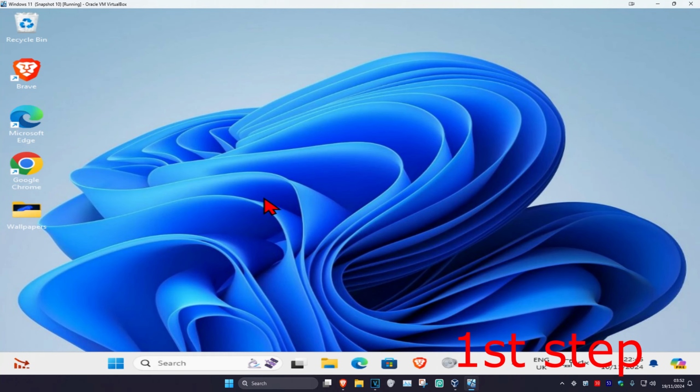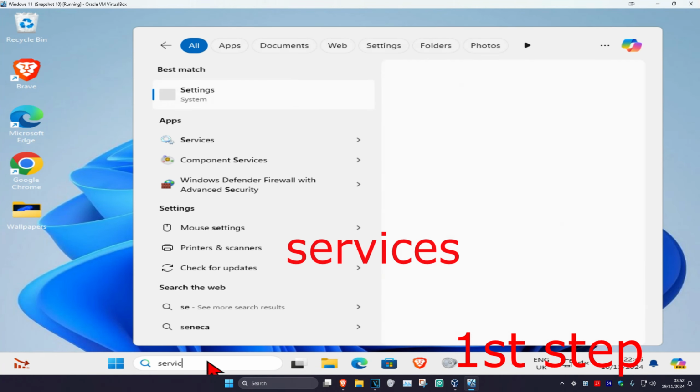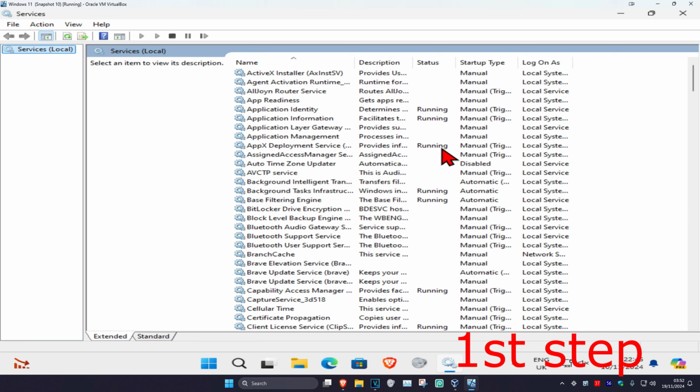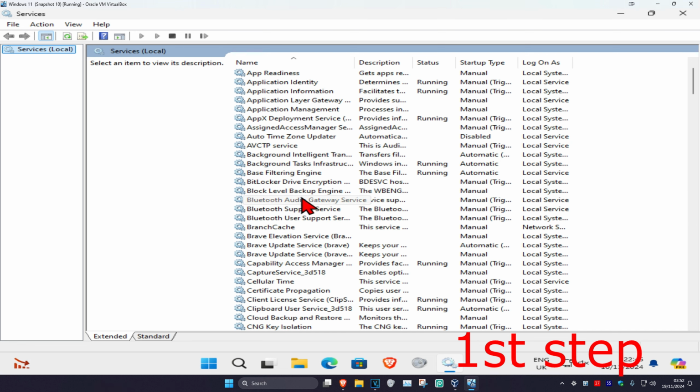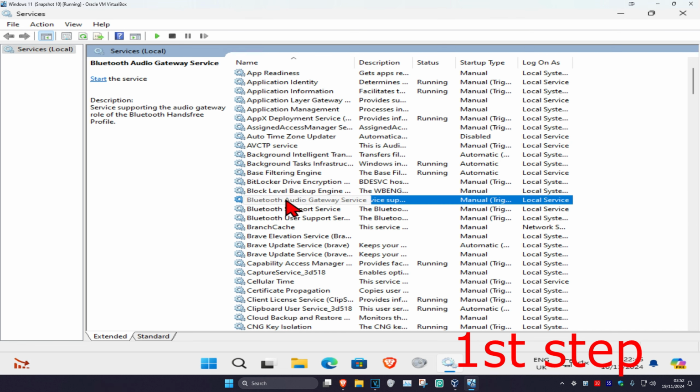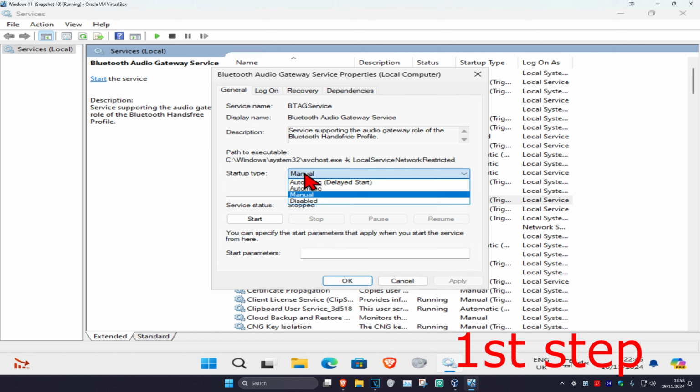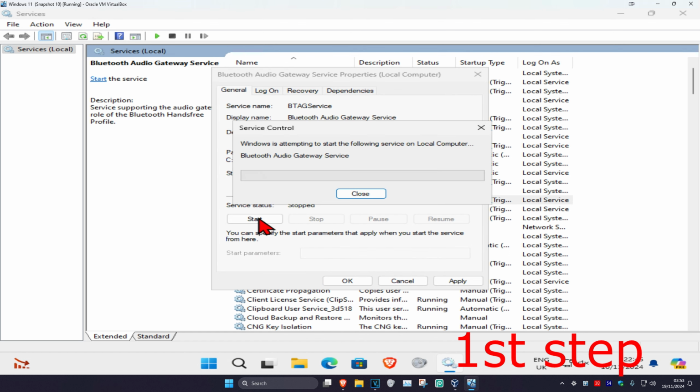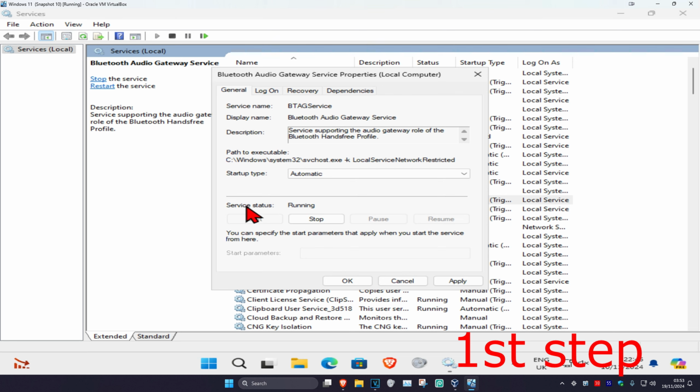So guys, for the first step, you want to head over to search and type in services. Click on it. And then once you're on this, you want to scroll down. Now you want to find Bluetooth Audio Gateway Service. You want to double click on it. Change your startup type to automatic and then click on start, which will then make the service status running, and